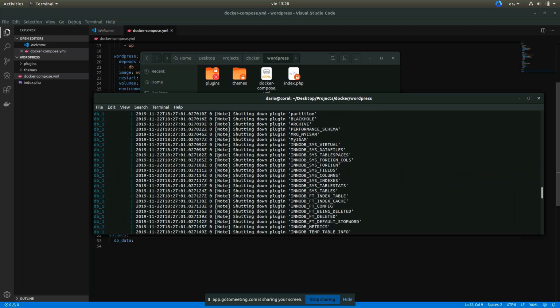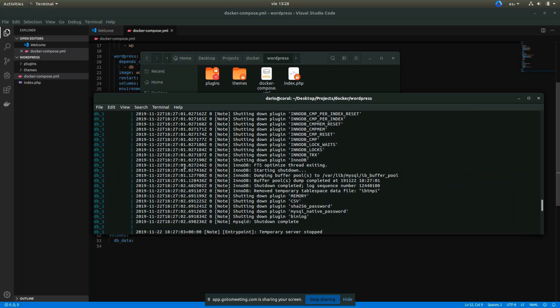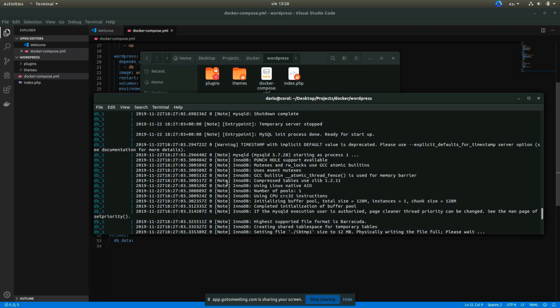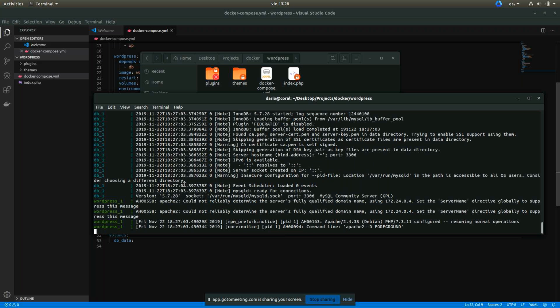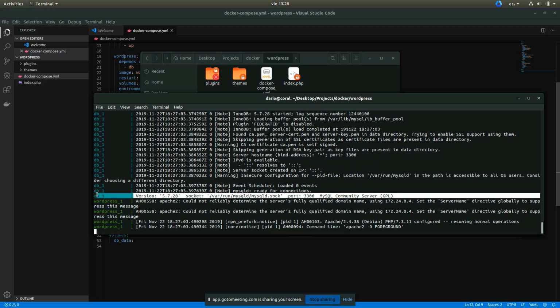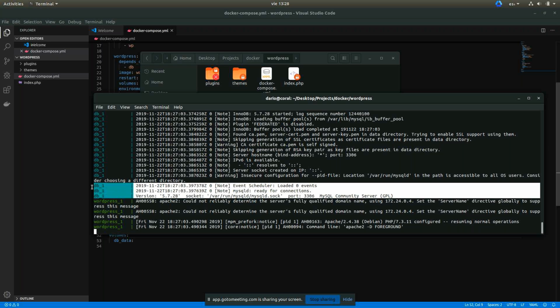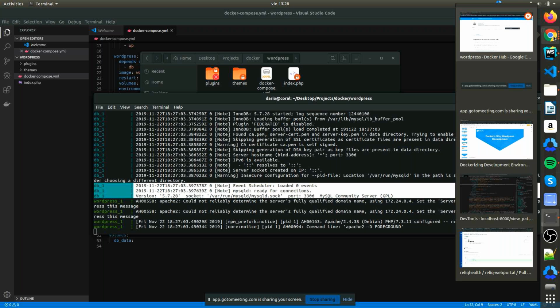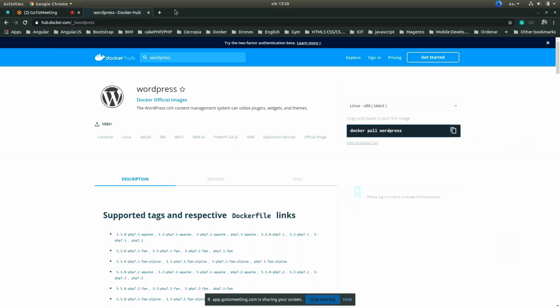The most complex image to start is the database, so it takes several steps to be up and running, like here. And we are going to see how this works. So let's go to the browser, and if we go to localhost,